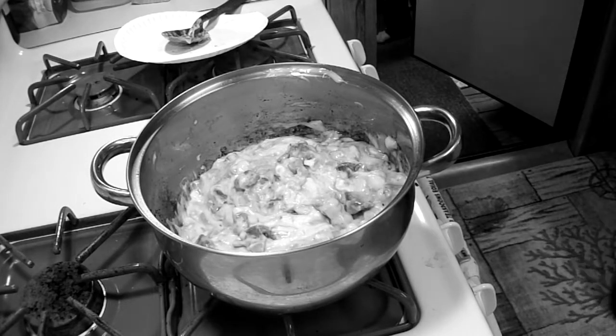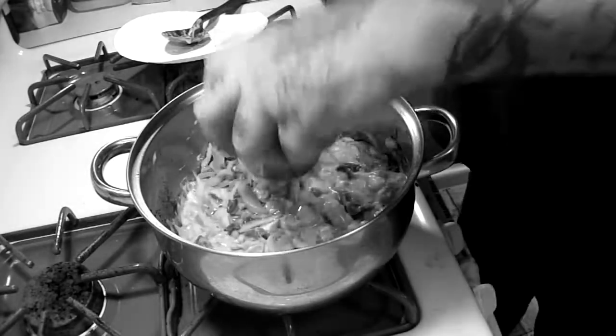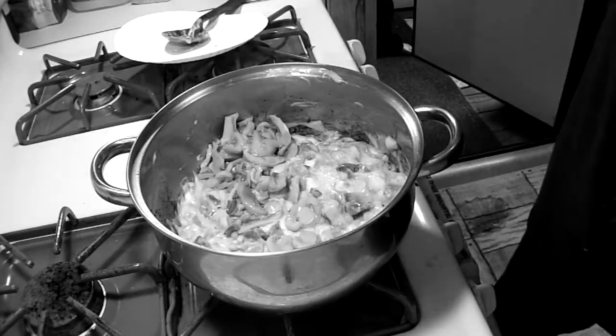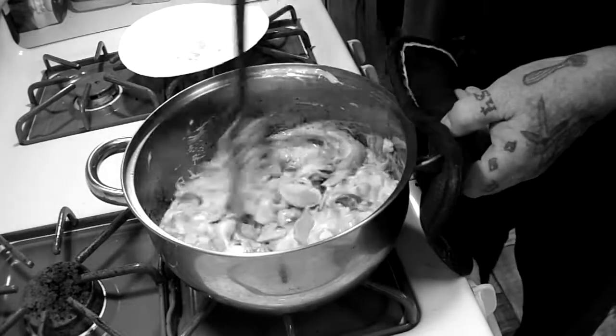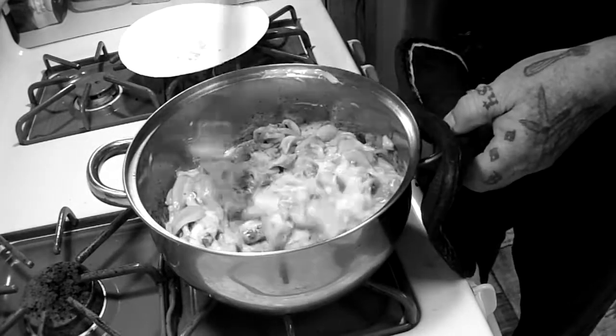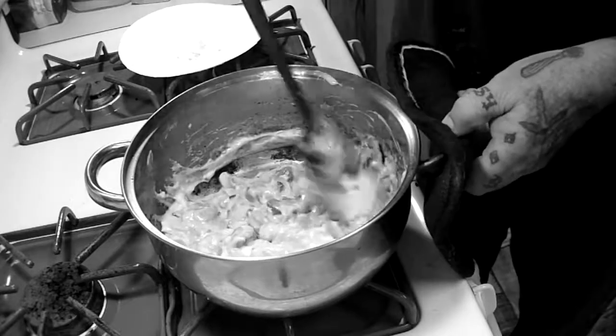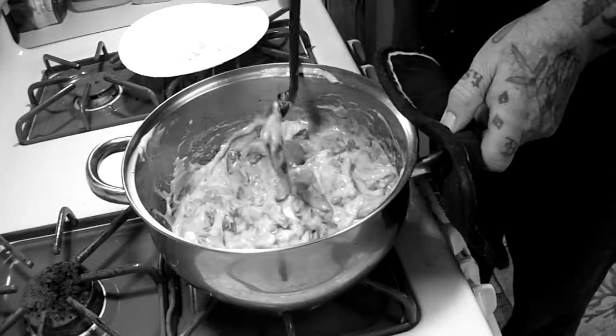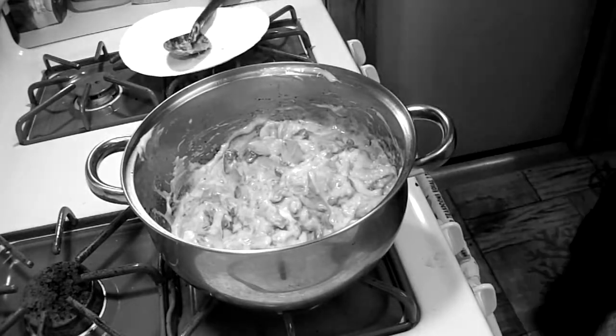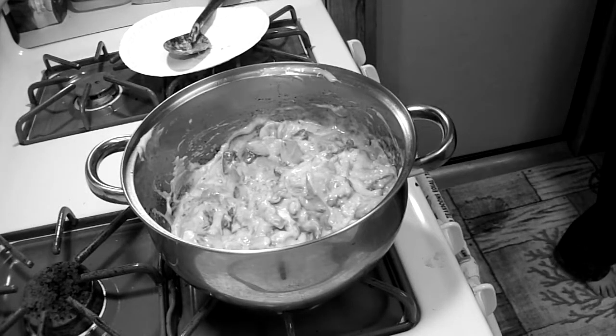Now, we put our mushrooms in. Mushrooms in they go. Stir in the mushrooms, like so. Okay, then